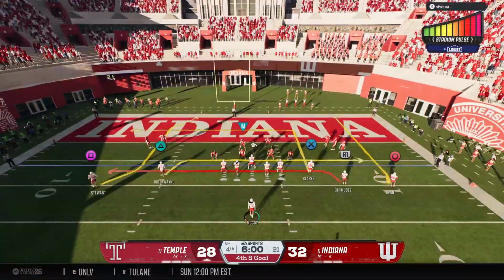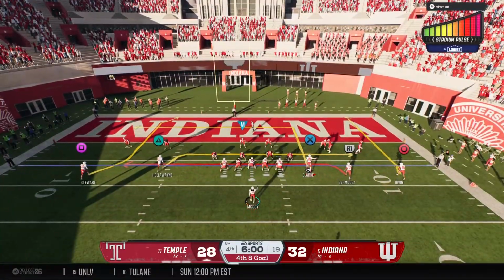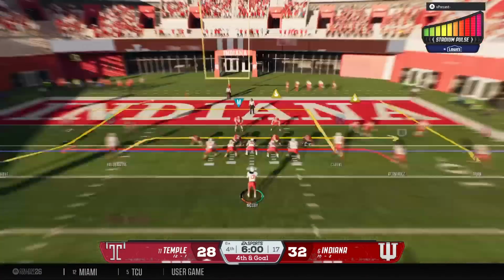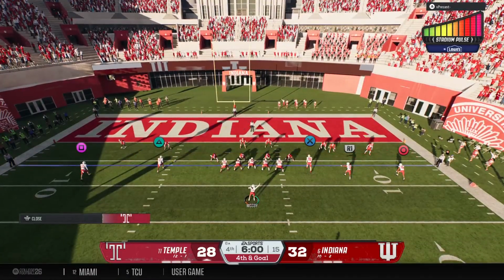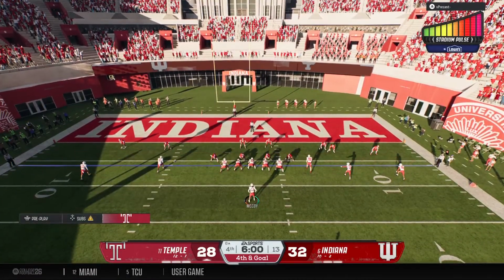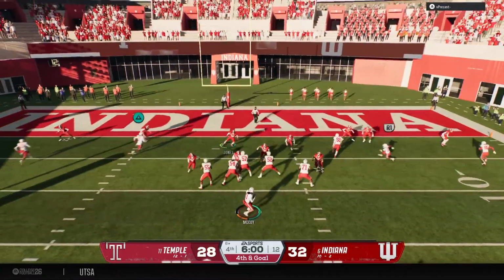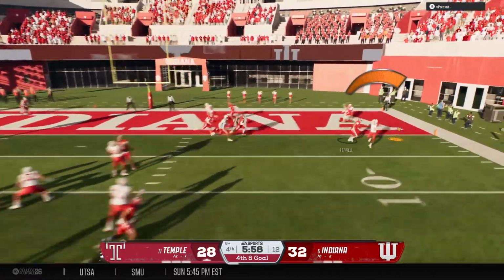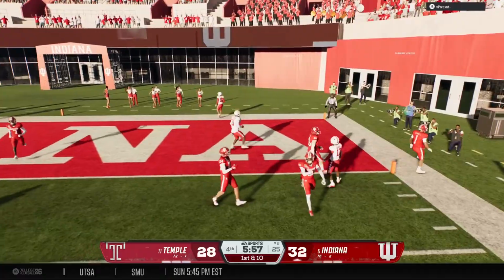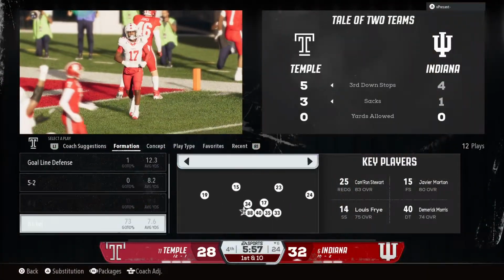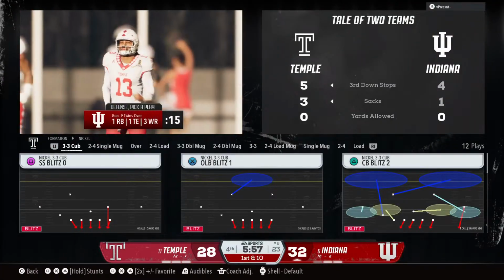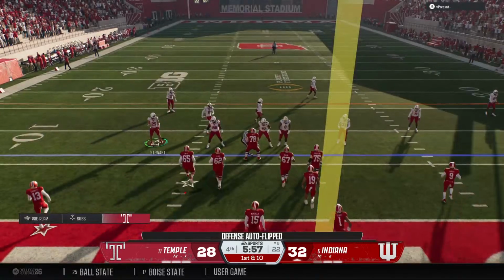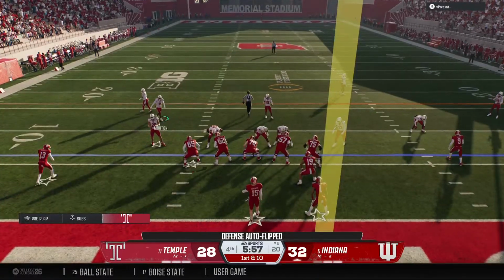So trailing in the final quarter of a close game, they're going to go for it on 4th and goal. Dropping back, it's McCoy. And it falls incomplete for a turnover on downs. Oh, so close to executing here on a 4th down play in the 4th quarter. You're only down a possession.